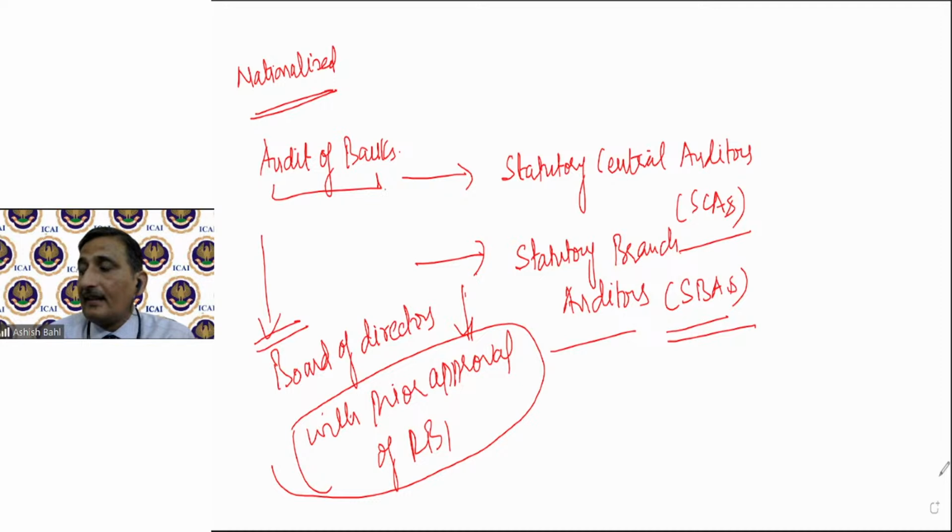Okay. Yes, Kaushiki, central auditor is for the bank as a whole, for HO. The function of a statutory branch auditor is restricted to that branch only. Whereas statutory central auditors are the audit firms who would be signing on the financial statements of the complete bank, of the bank as a whole. Okay. Clear to you, Kaushiki?